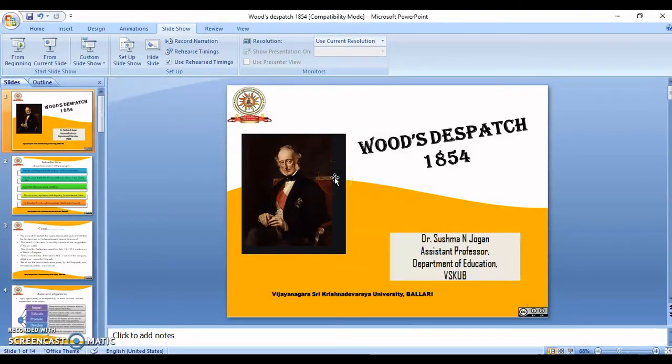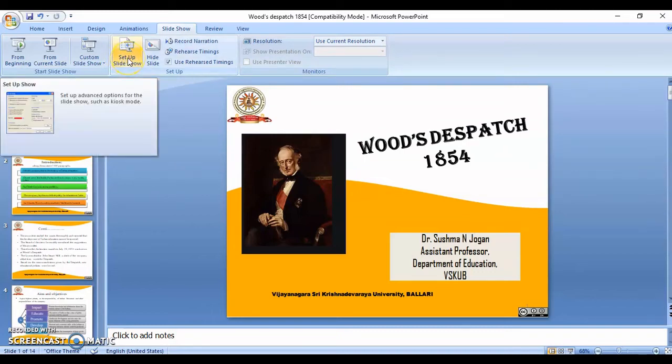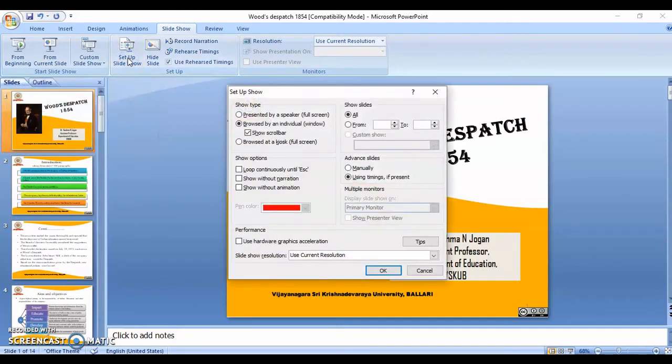One thing I should be very careful about to run this in a slideshow is, you have to go to the slideshow option, and there go to setup slideshow, and under there you have to click on browsed by an individual window, because this PowerPoint presentation should be in an individual window.